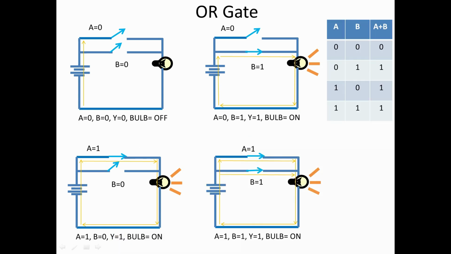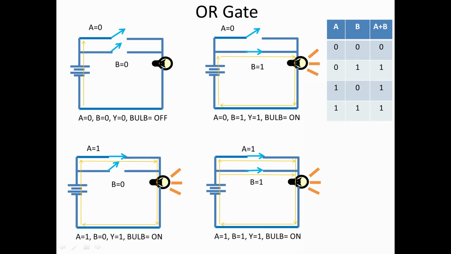When A is equal to 1 and B is equal to 1, both switches are in on state, then there is a path for the current to flow. Here the current divides into 2 paths, A and B, since these two are connected in parallel. These two are combined and flow through the bulb, then the bulb is on. When A is equal to 1 and B is equal to 1, the two switches are in on state or closed state, then output equals 1 and the bulb is on.